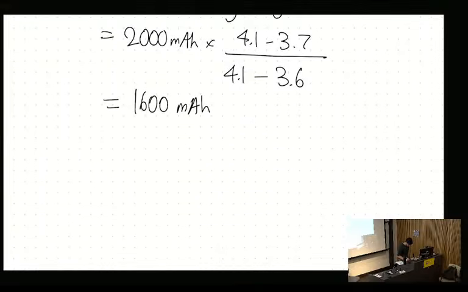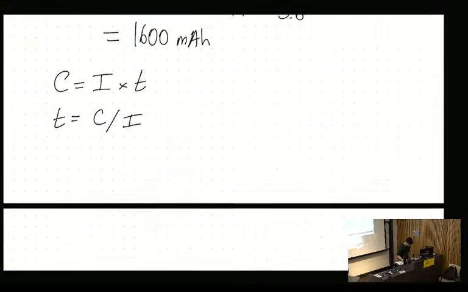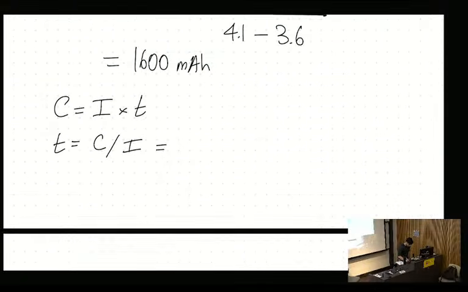Okay. Then we know that the charging capacity is just, where do we go from here? We know the charging capacity is defined in milliamp hours, so it's the amount of current we're drawing multiplied by the time. So if I just rearrange this, I get T equals C on I. And then we just derived our effective battery capacity. Remember, we don't have access to the full range, so we don't have the same battery capacity anymore. So then this is 1600 milliamp hours over